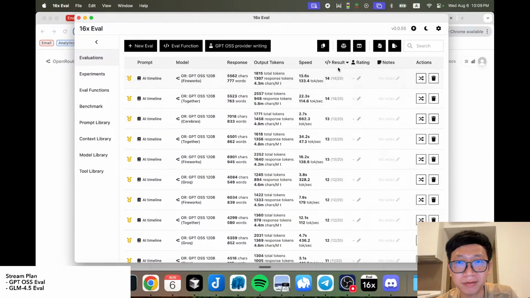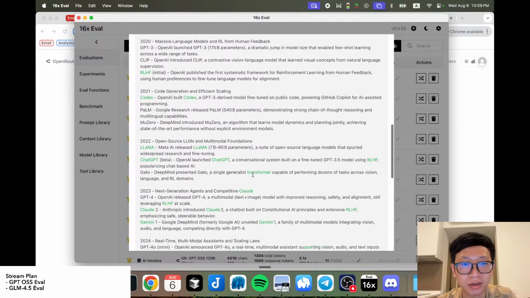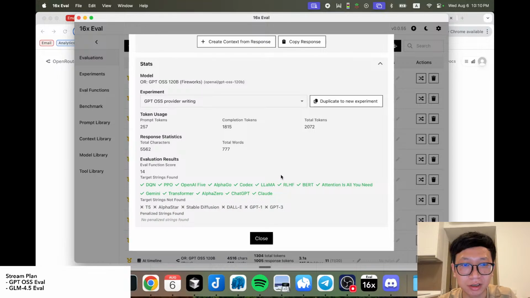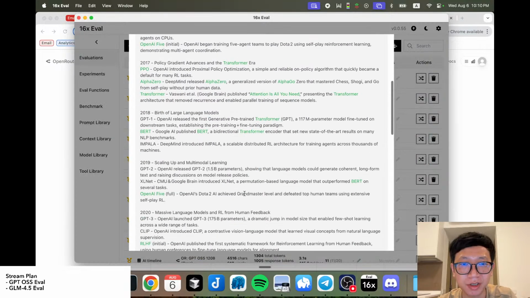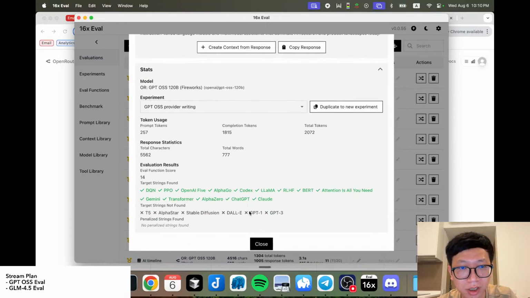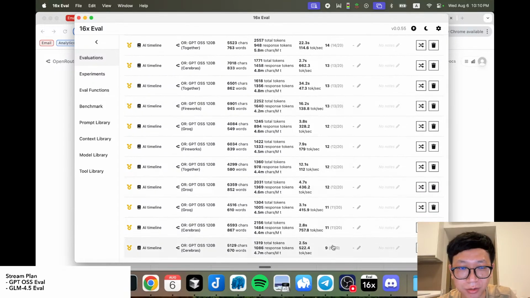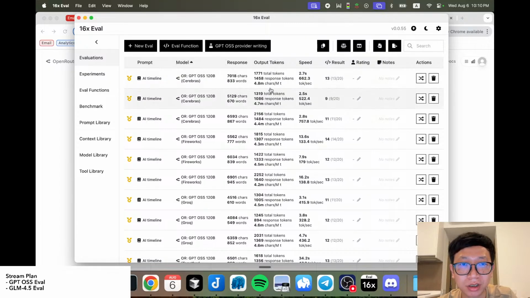I happen to have the evaluation function for this task. It basically counts the number of terms that we expect from the output. For writing tasks on AI, it's the terms that we want to include as an eval function. There are 20 terms in total, and we can see that these are the top models that got 14, and then these are the models that didn't do too well. Let's take a look at